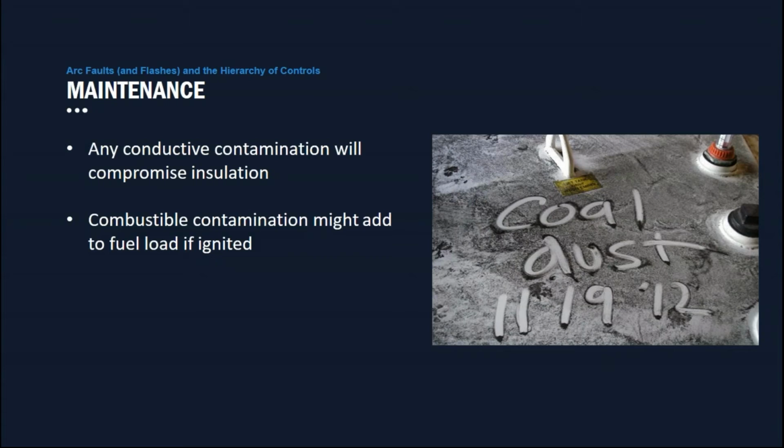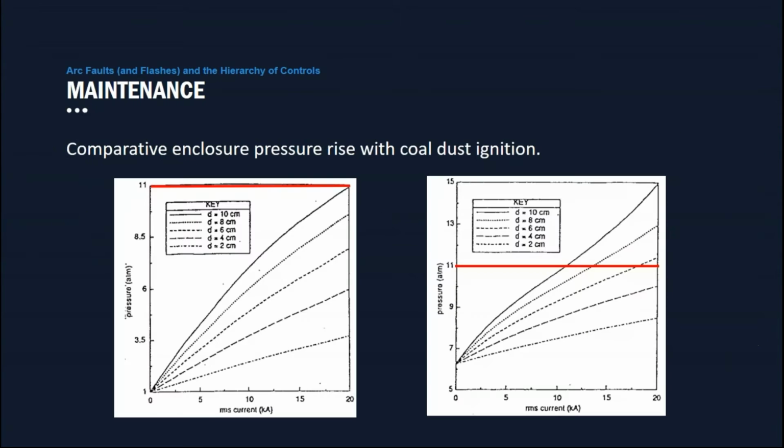Interestingly, in the case of coal dust, it adds an additional hazard in that the coal dust itself is combustible. And if we go back to the work of Ken Byers, they looked at a case where they did a number of experiments. So the key here is the distance D between the electrodes where they induce the fault. We've got RMS current along the horizontal axis and the enclosure pressure up the vertical axis. On the left-hand side is a clean enclosure, and on the right-hand side is an enclosure that has been compromised with coal dust. The red horizontal line is at 11